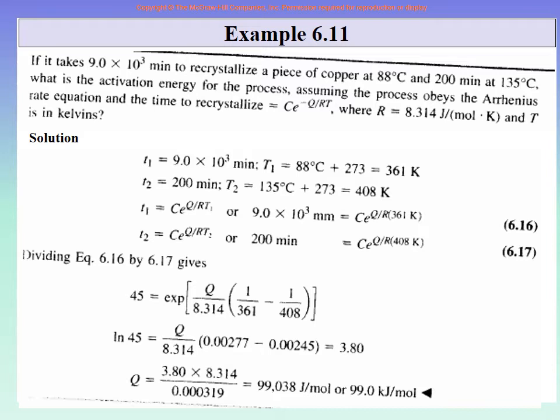Because it is e raised to some power, therefore rather than adding or subtracting two equations, you divide the equations, and when it is two terms, which is power of 1 and power of 2, then you can combine them and the powers subtract. If there are two terms, one divided by the other, then in the power it is this power minus that power. This is your very basic math. So you just apply that, and in the end, when you get to this stage, you take ln, because ln of e or ln of exponent will cancel out, and it will become ln of 45 on this side, and so this is what you do.